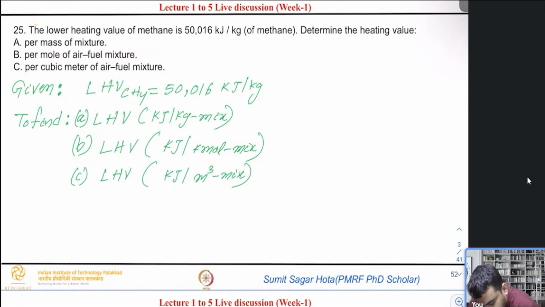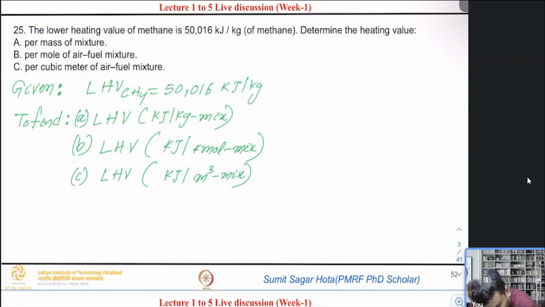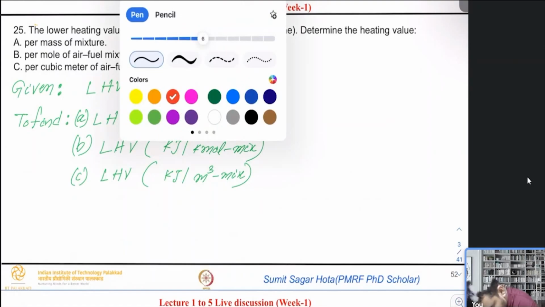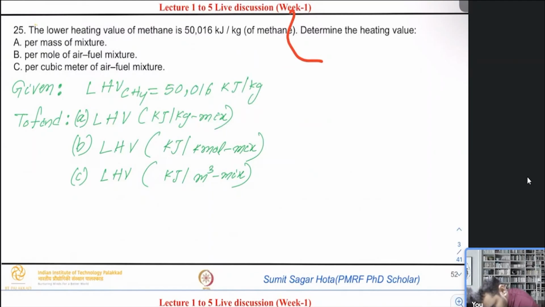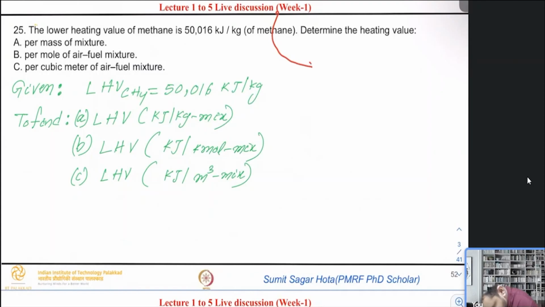Here, 2.25 is written. It means chapter number 2 and question number 25. Lectures 1 to 5 cover chapter number 2. You can see in the question, the lower heating value of methane is